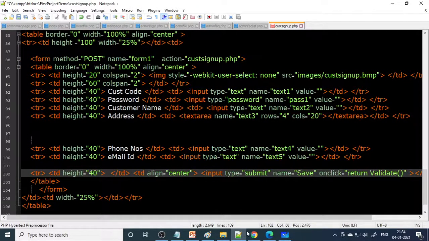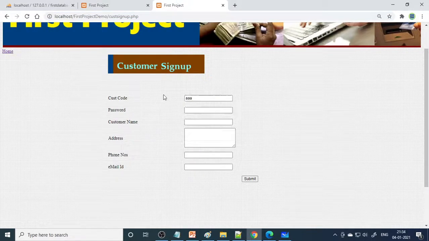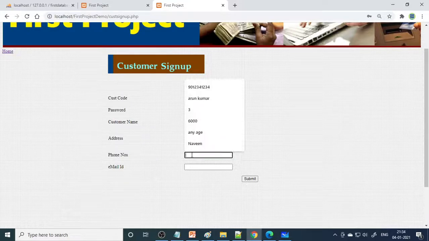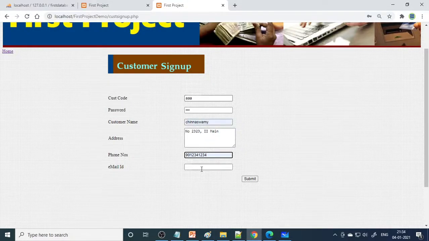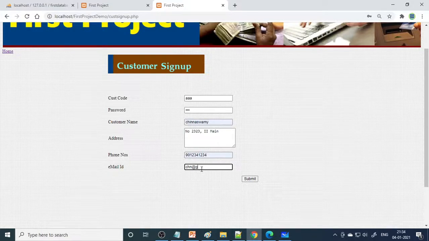Alright. So now let's enter the data. So user ID I'll take as a user ID and Chinnaswamy number, then mobile number. So here I'll take the mobile number, then email ID gmail.com.